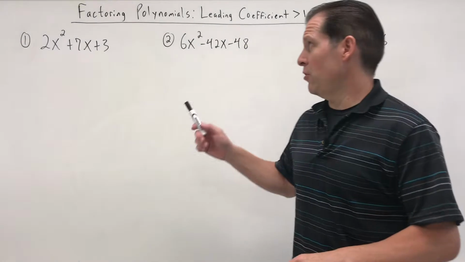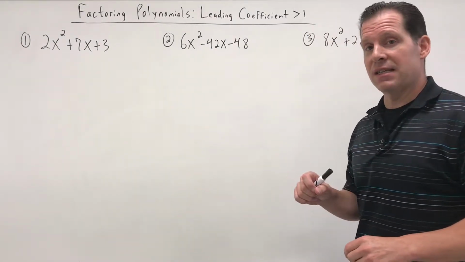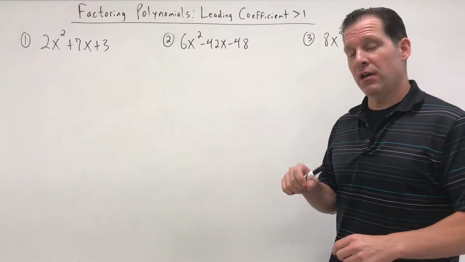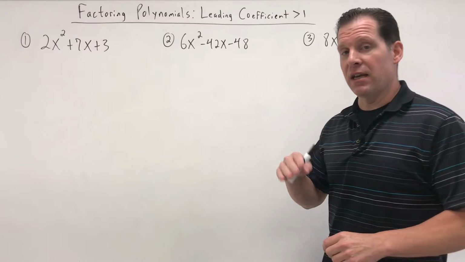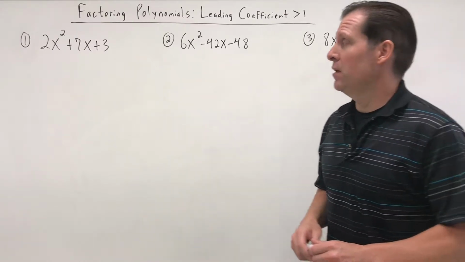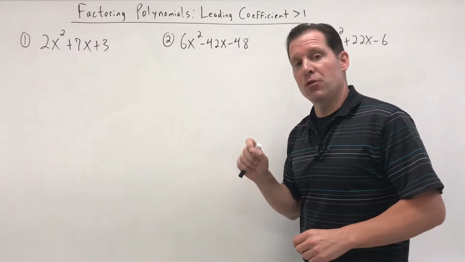So in this lesson, we're going to do factoring polynomials with a leading coefficient greater than 1. In the previous lesson, the leading coefficient was equal to 1. Now we're going to work on when the coefficient is greater than 1, which is going to need that technique, factoring by grouping. So looking at this problem right here, the first thing you really want to do is check